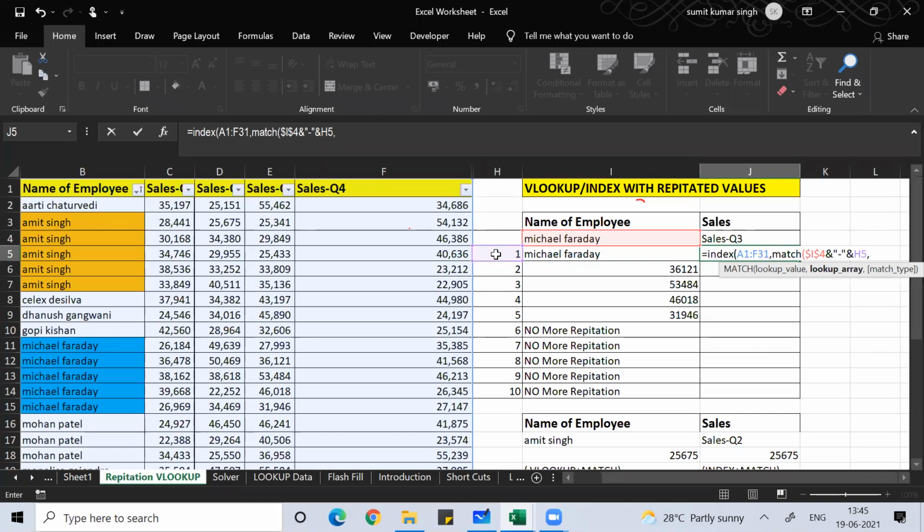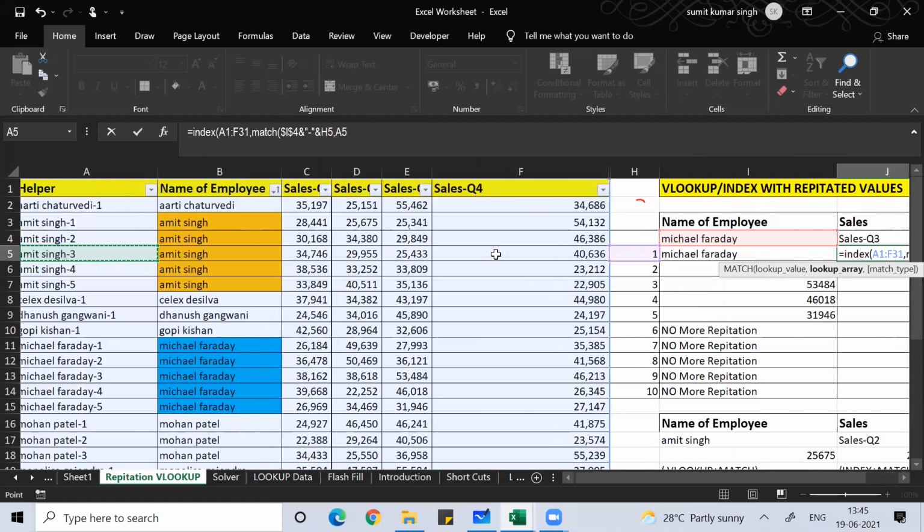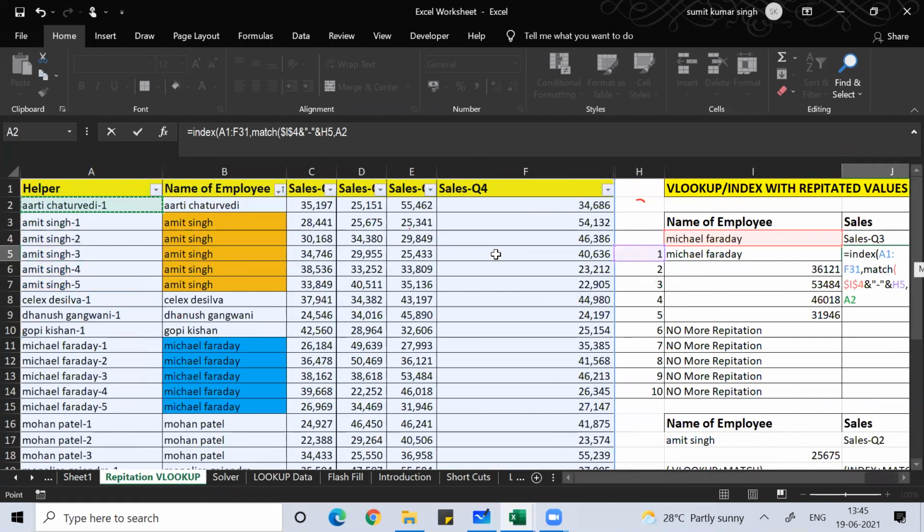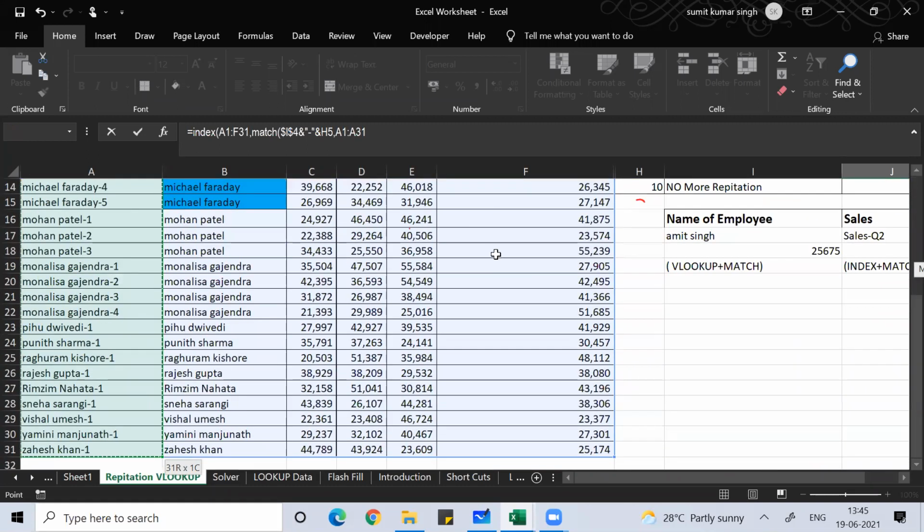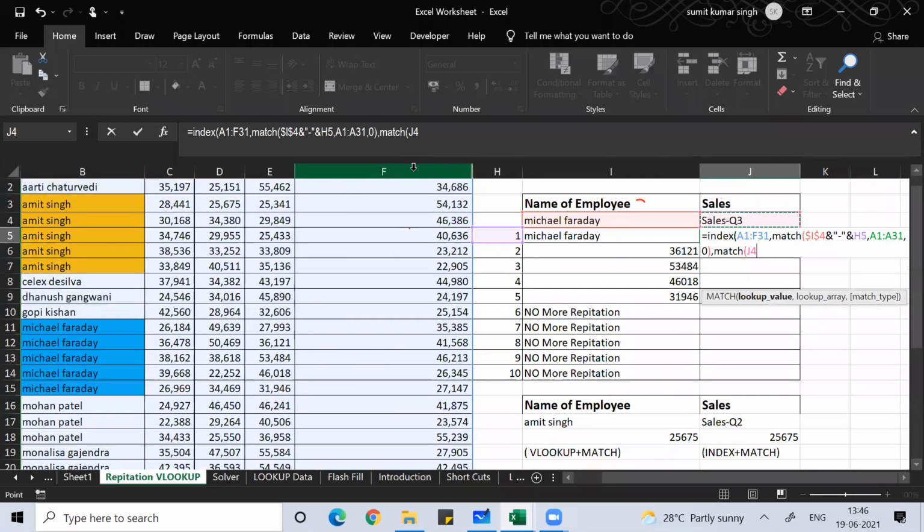What is the lookup array? This is the lookup array. Select this, comma 0, close bracket. This is the row number. For the column, use MATCH. Then this 2 3.